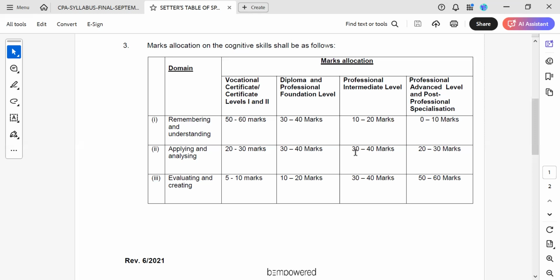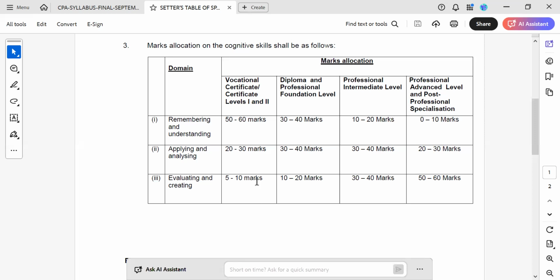If they have given you an aspect of goodwill computation, and in this goodwill computation there's a concept where they have added a lot of additional information, are you able to analyze? Were you guided on how you are supposed to analyze the concept? That is when you're talking about applying and analyzing. You see how many marks? 30 to 40%.